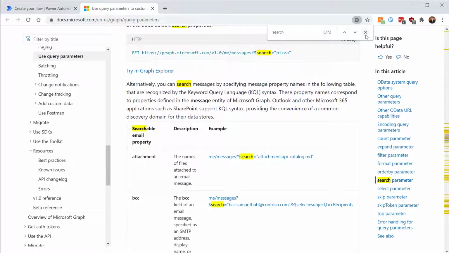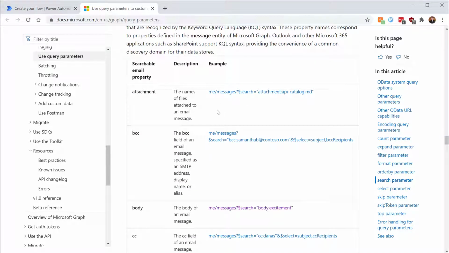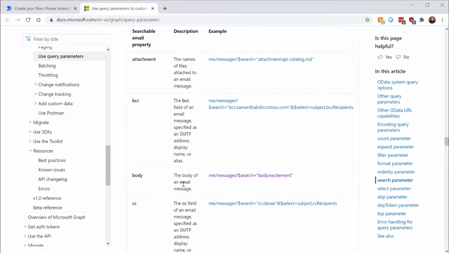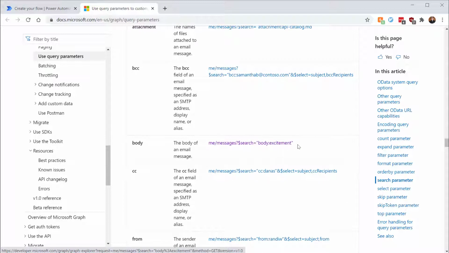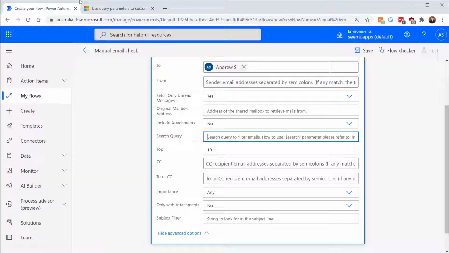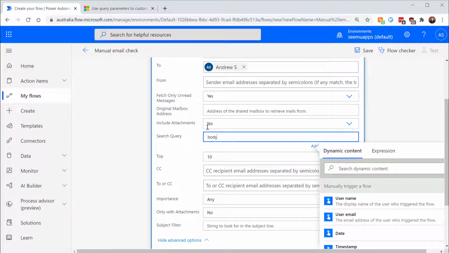And how that works is you can see here we have some example search properties. So we can see we can search the body of an email message. This particular one searches the body if it contains a text. So how that works in Power Automate is we just need this last part here without the quotation marks. So we can do body:hello. And what that will do is search the body of the emails we get, which will be 10 emails